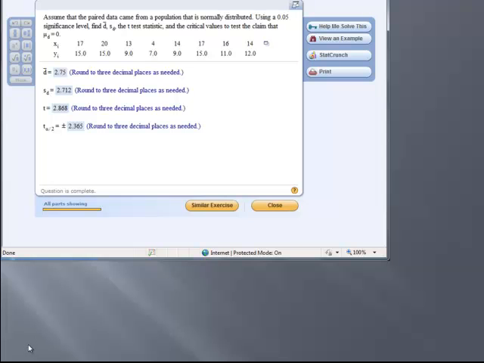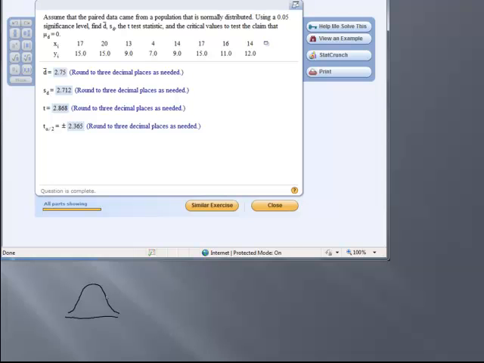Assume that the paired data come from a population that is normally distributed using a 0.05 significance level. Find D bar, S sub D, the t-test statistic, and the critical values to test the claim that mu sub D is equal to 0. So we have